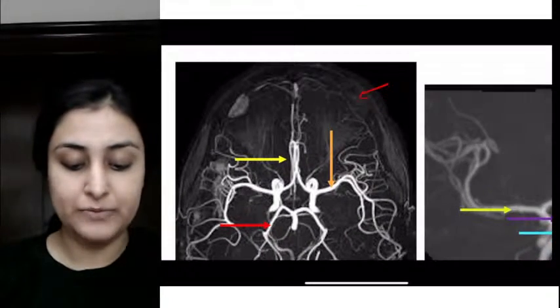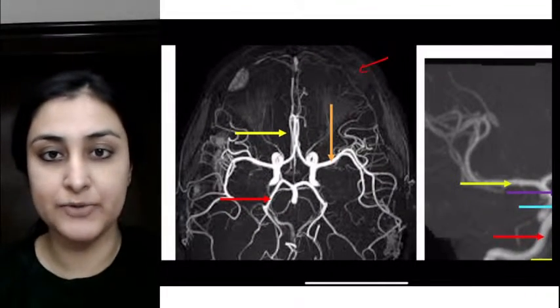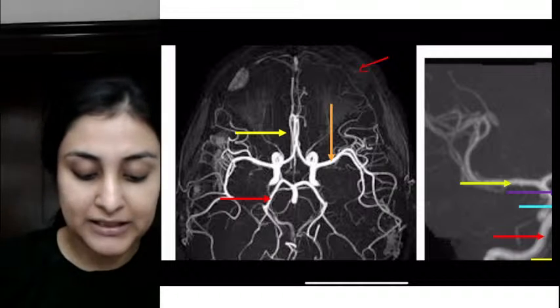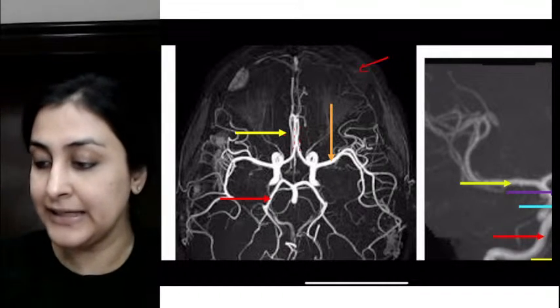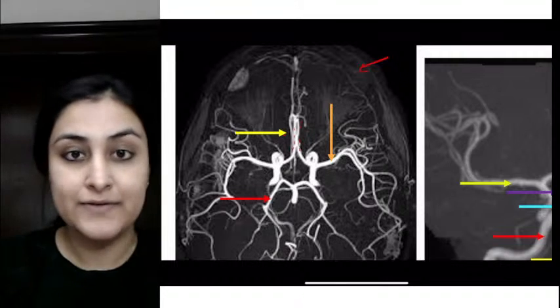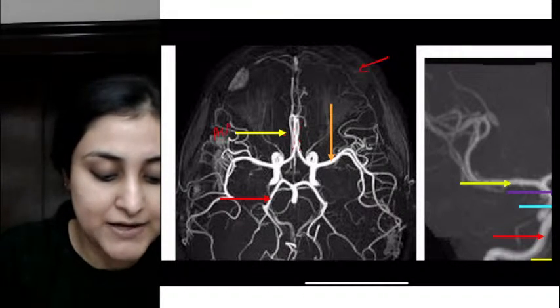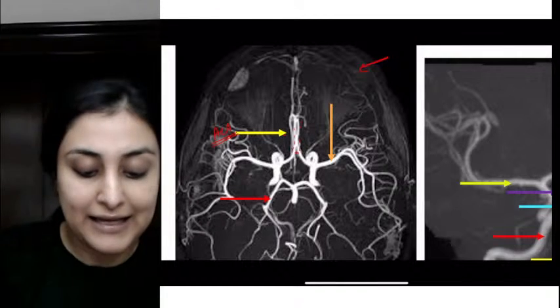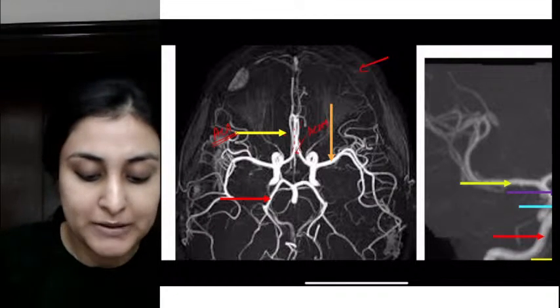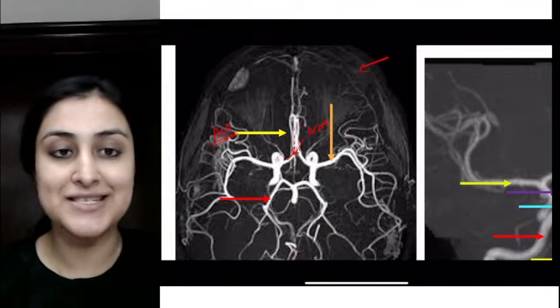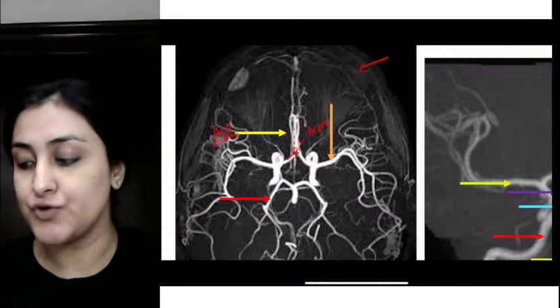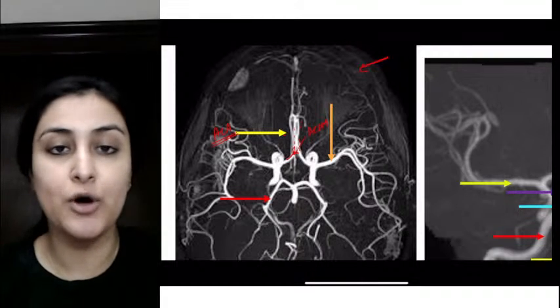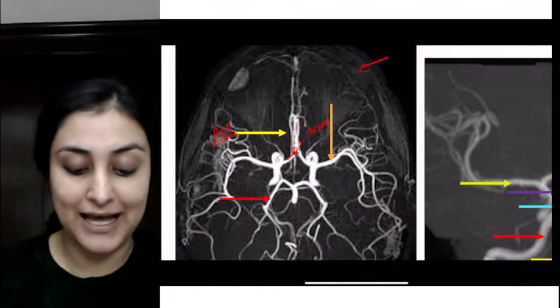Let's have a look at one image at a time. Let's look at the axial image. Okay, anybody can tell me what the yellow arrow here is showing? What are these two vessels which are going anteriorly? These are anterior cerebral arteries, right? So this is ACA, which are communicated by ACOM. Alright, and this is probably the most common site, right? So do you remember that MCQ? This is the most common site wherein you have berry aneurysms which get formed, alright? So ACOM ACA junction is where we have berry aneurysms.